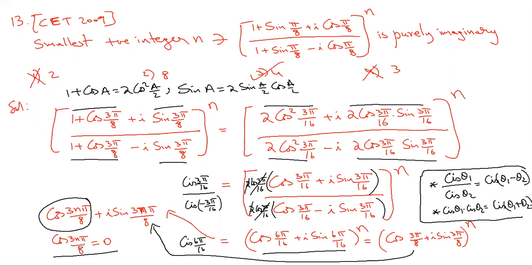Now, I can start my verification with a random number and then integers and then get the answer. But when the options are there, why take that trouble? Directly you start with the least among the options, 2. I substituted 2 in it. 2 3s are 6. Cos 6 pi by 8 is cos 3 pi by 4, which is not 0. So I eliminated the first option. Next, I verified 3. Cos 9 pi by 8 is not 0. I eliminated that.